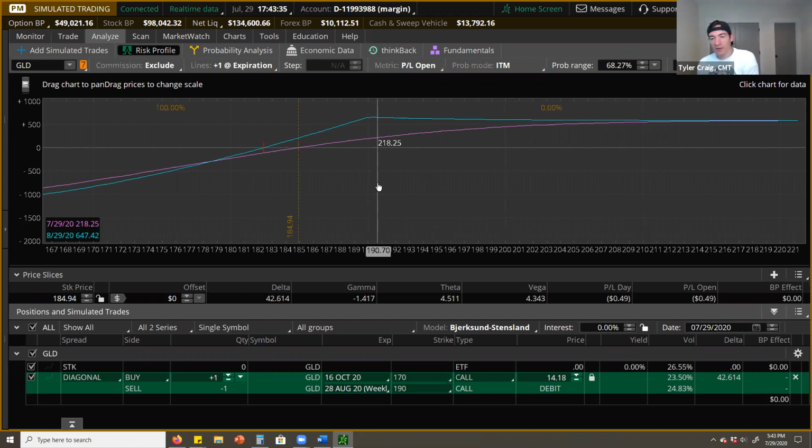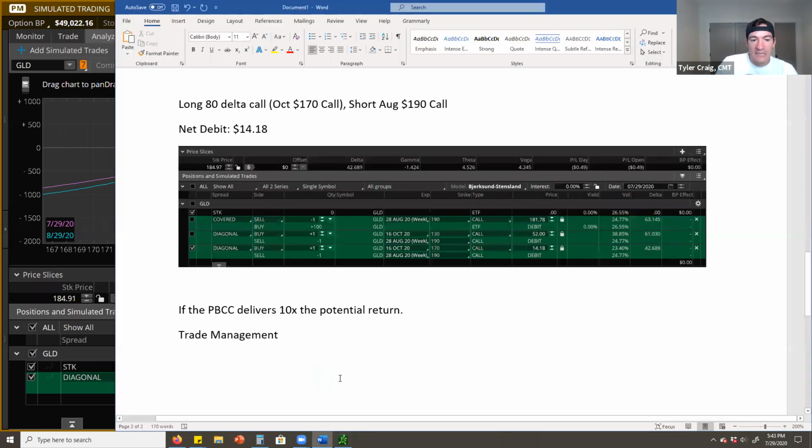If I can get a similar return at 1/10 the cost, I'm going to have like 10x the return. If I can get a similar return for half the cost, I double my return. Similar return for a third of the cost, I triple my return. So, it's linked in that manner. So if the poor boys covered call delivers maybe 5 times to 10 times the potential return,